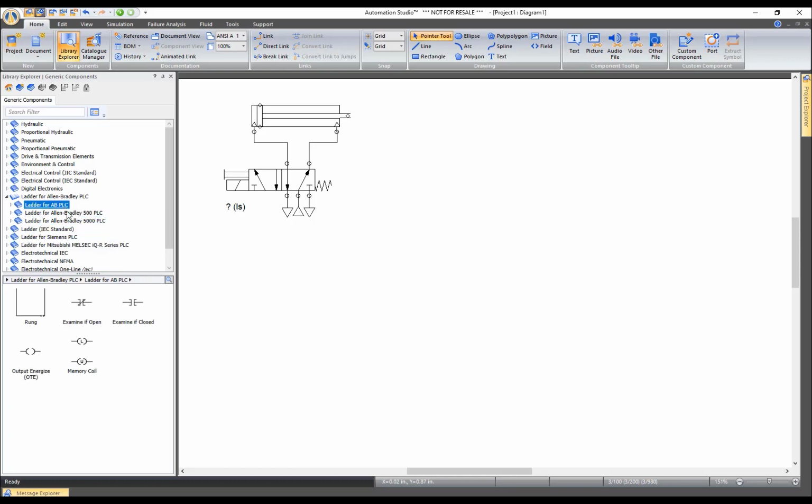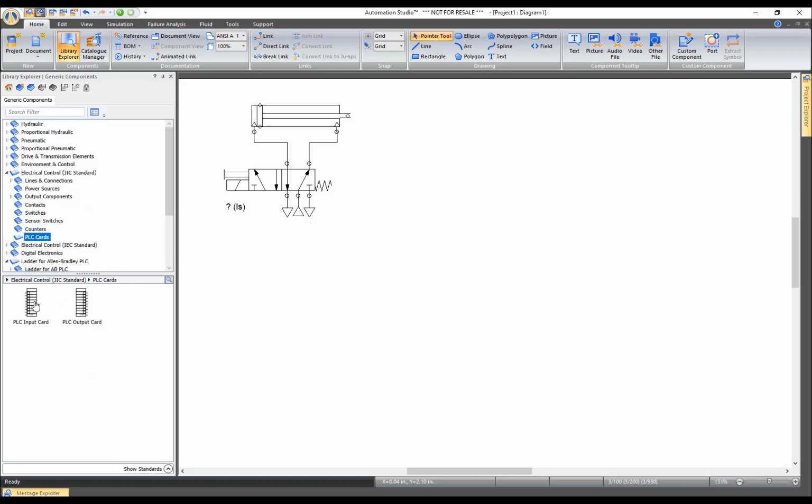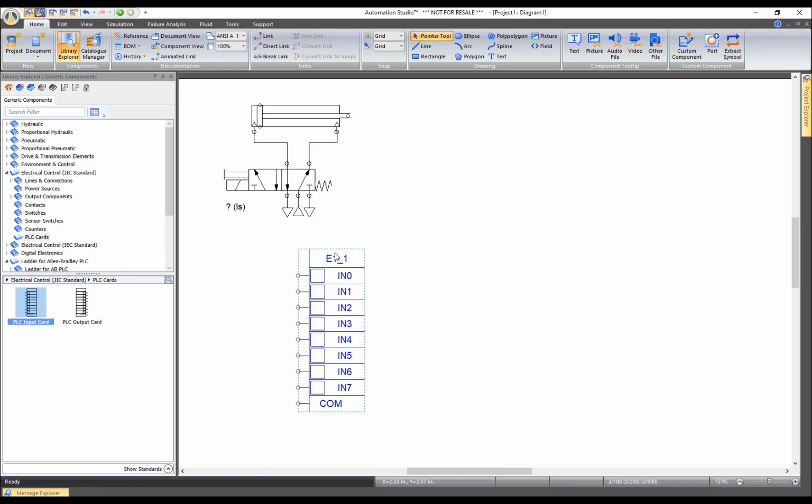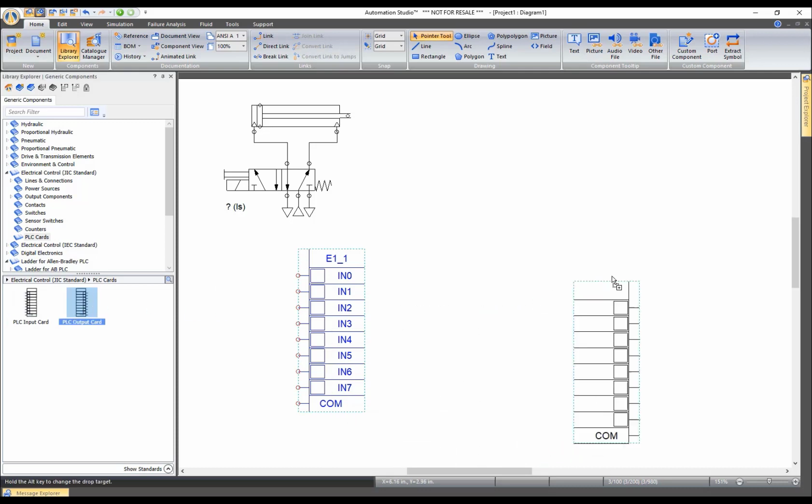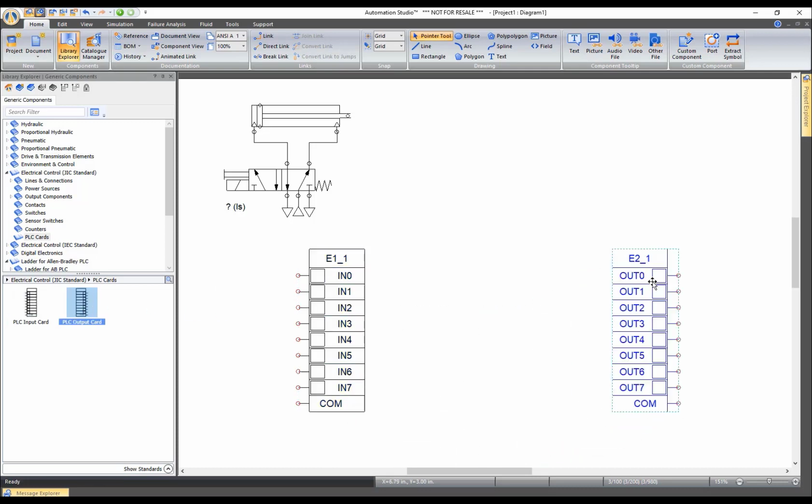Basically, if we start by using the basic one that we've been using for many years, we can actually put this ladder diagram directly on another sheet where it has a pneumatic, hydraulic, or a virtual system. So let's say I'm going to go into my electrical control. I'm going to take a PLC card like that for the input, and the PLC for the output like that. Then I'm going to go into Allen Bradley,